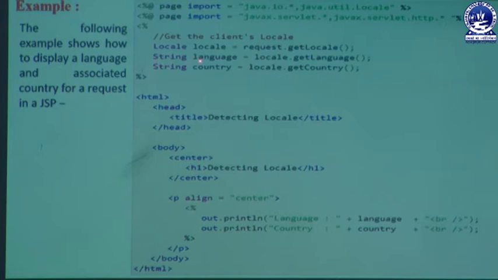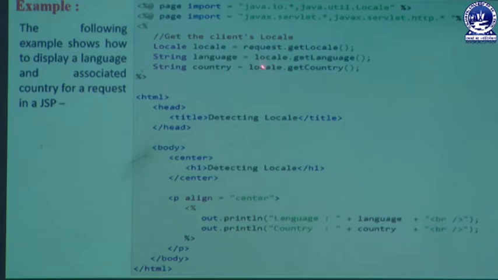Similarly, we have another object known as language, which is also string type. It can retrieve a string variation of languages through this locale, which is the object of the Locale class, and we can invoke the getLanguage method. Whenever that method is invoked, the language used in that country is retrieved into this language string object. Last but not least, we also have another object for the country, which is also a string type object.